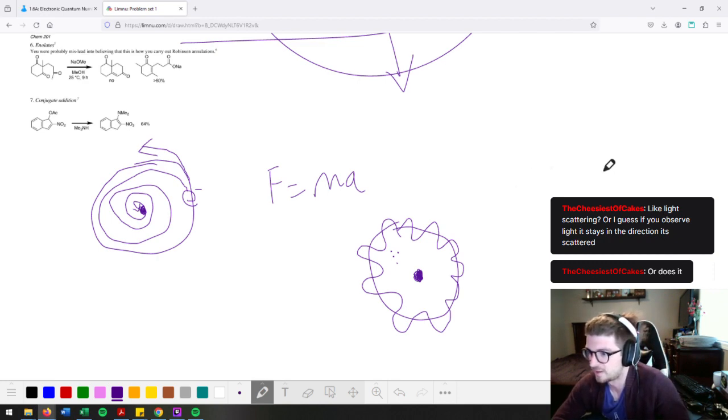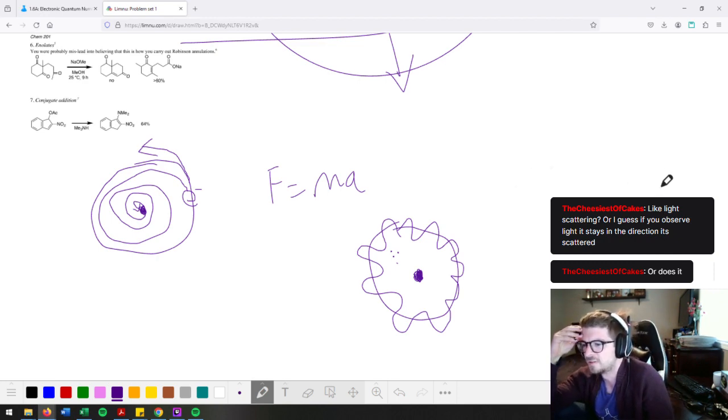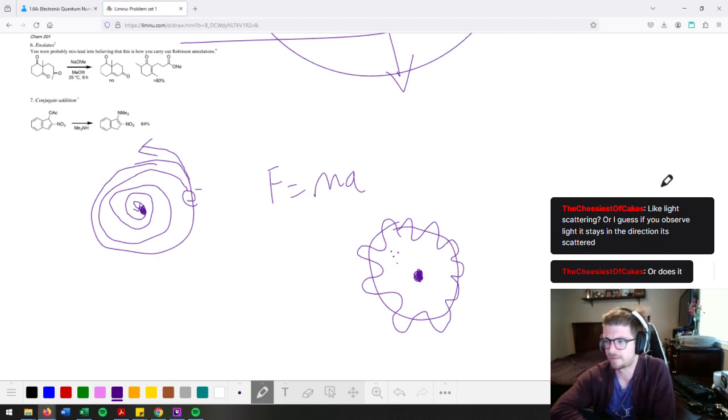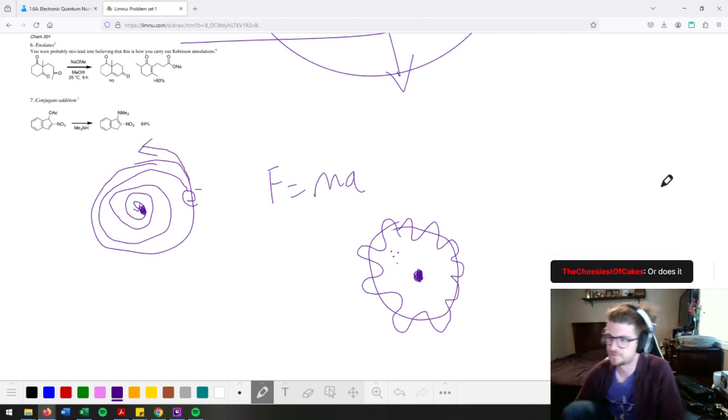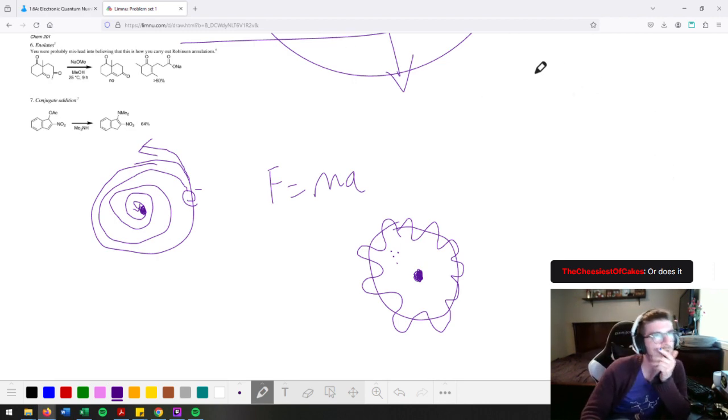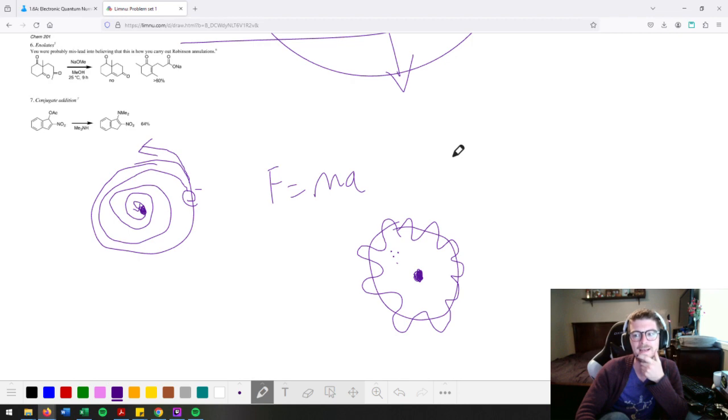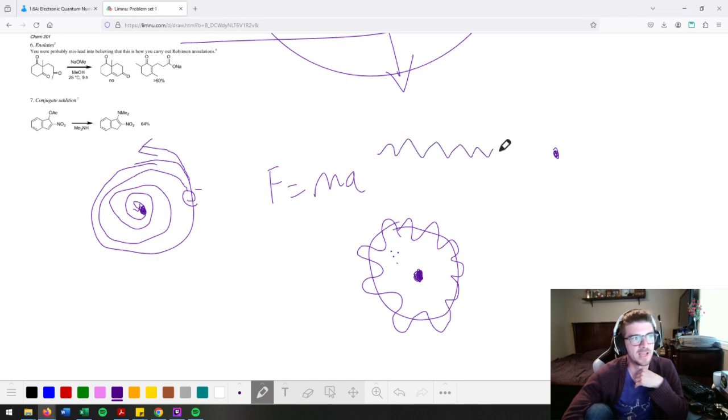I guess if you could observe light, it stays in the direction it's scattered. I think very closely related to that. If you observe light, it stays in the direction it's scattered. So when light is scattered, let's say this is some particle in the atmosphere, and a photon of light comes and interacts with this particle, then it can, depending on the properties of the particle it encounters,